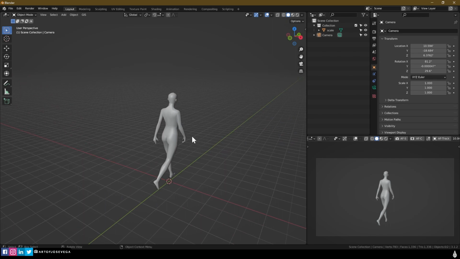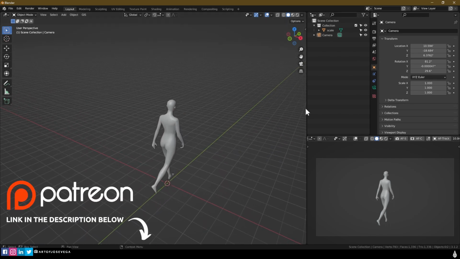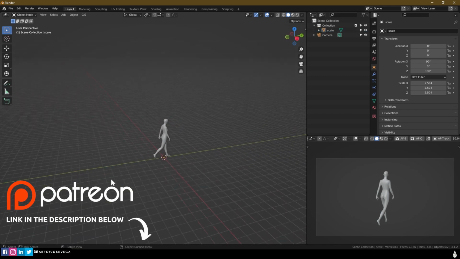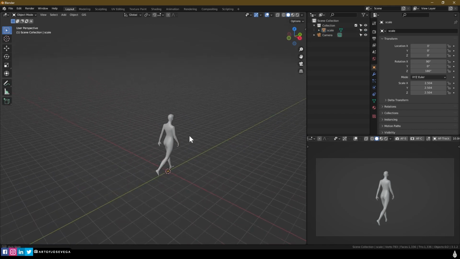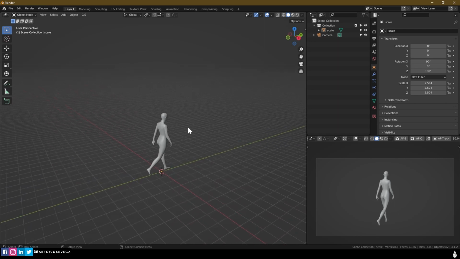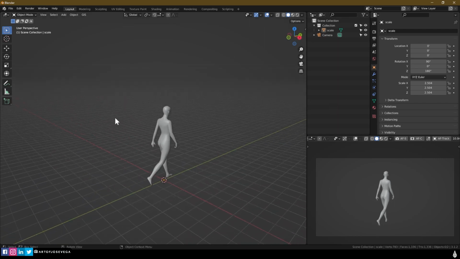And so what you want to do is set it up the way you want to, right? So that includes having models inside, cameras, lights, whatever it is that you want to have in Blender every time you open it up. You're going to set it up, even the camera angle. And once you have that, you go to File,